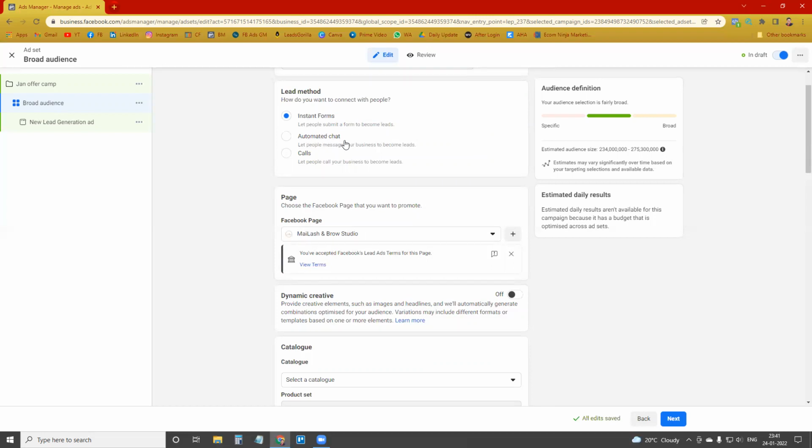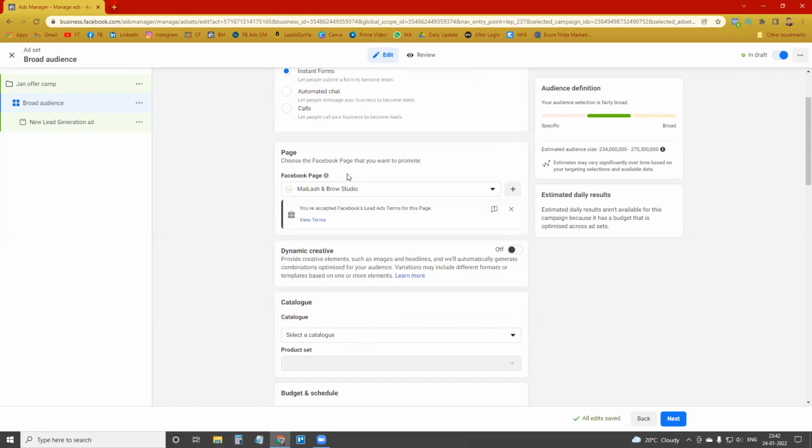They will put in some data, then you can set a small bot, not an advanced bot. This is more for collecting the data. And the third is calls. You can put a call to action button and give your number so that they can call you directly. As of now I'm going with instant forms.